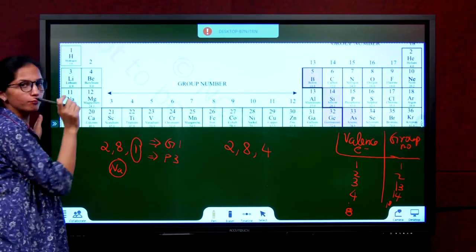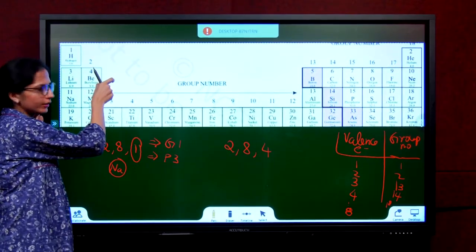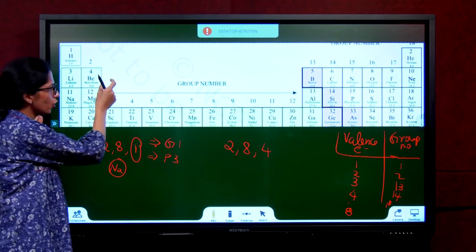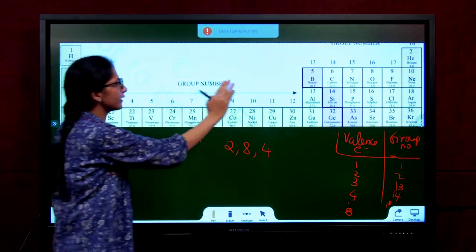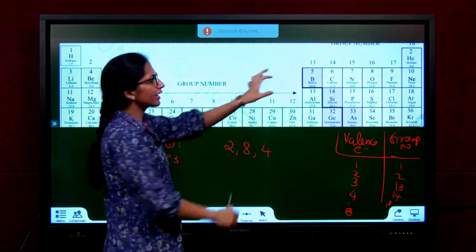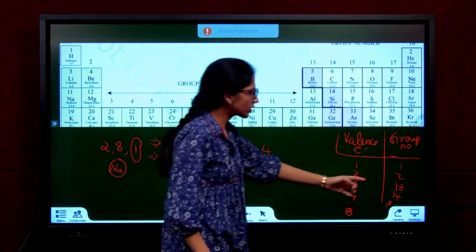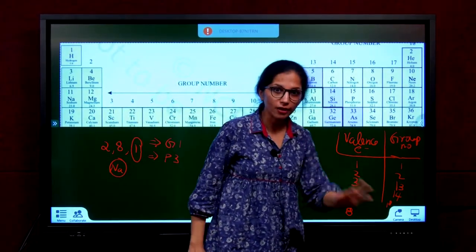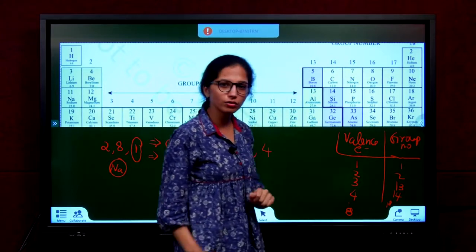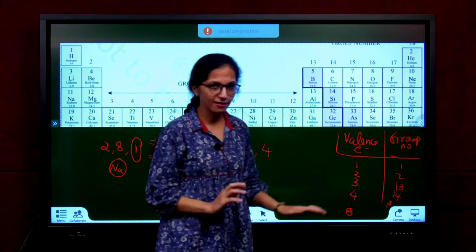After lithium, beryllium and boron should come and sit here. Is it sitting? No, you are skipping 3 to 12 and going to 13. From 2 you are directly jumping to 13, which is why here also we are jumping to 13. Only the first 20 elements, you can use this for your syllabus, this is enough.